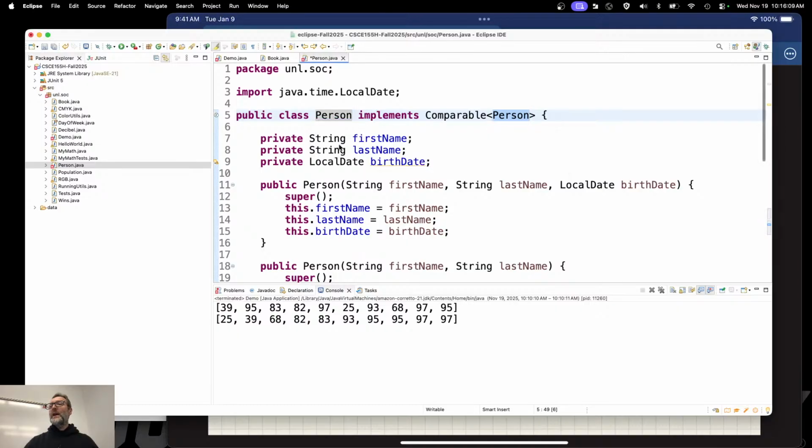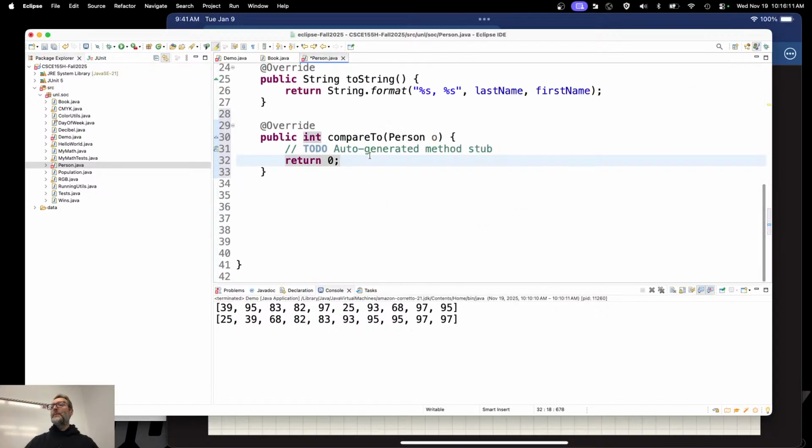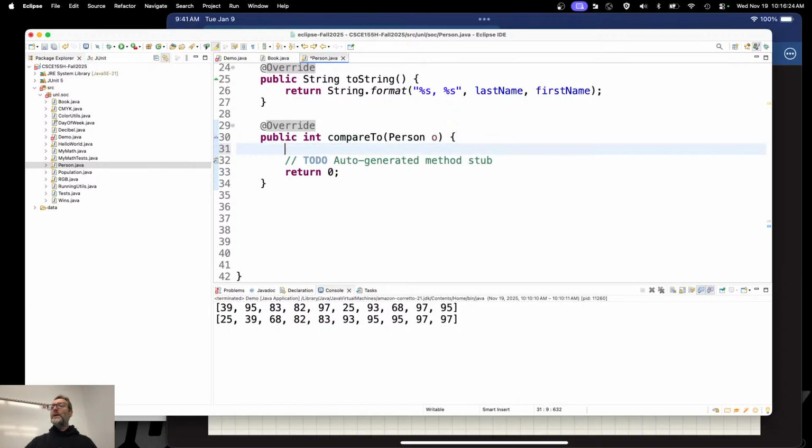It's not compiling because I haven't written the code to do that. So let's add that unimplemented method, and down here, compareTo. That sounds familiar. Integer has compareTo. The string has compareTo. This is how it achieves its natural ordering. All you need to do now is to add the logic to order a person, to order two people. This person and that person. And for that, I'm going to go ahead and rename this that for now, because we've got this and now we've got that.